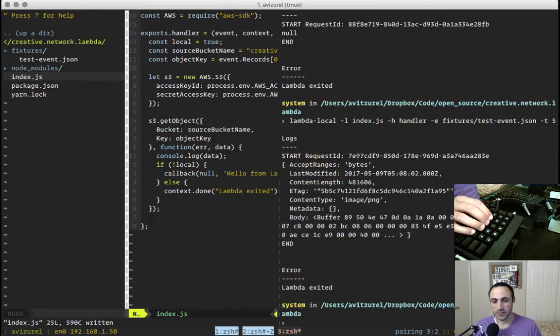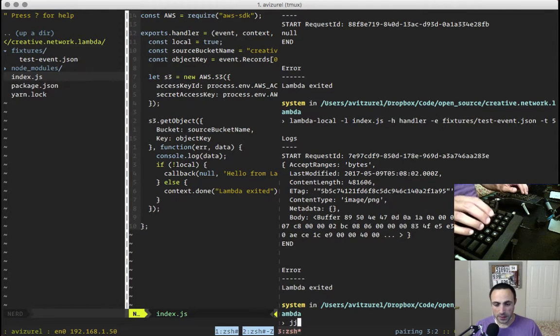Yeah, we have the data. So the body is, as you can see, a buffer, and we can read it and process it. You see the content type, you see an ETag, you see a content length. So we have the basic version of our